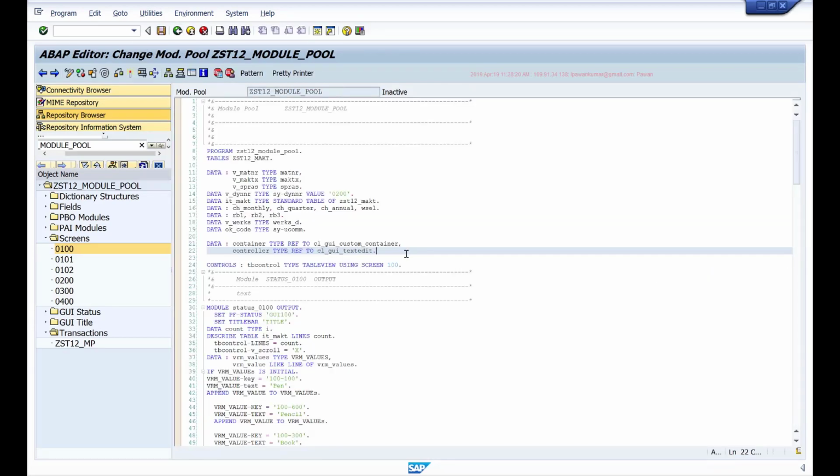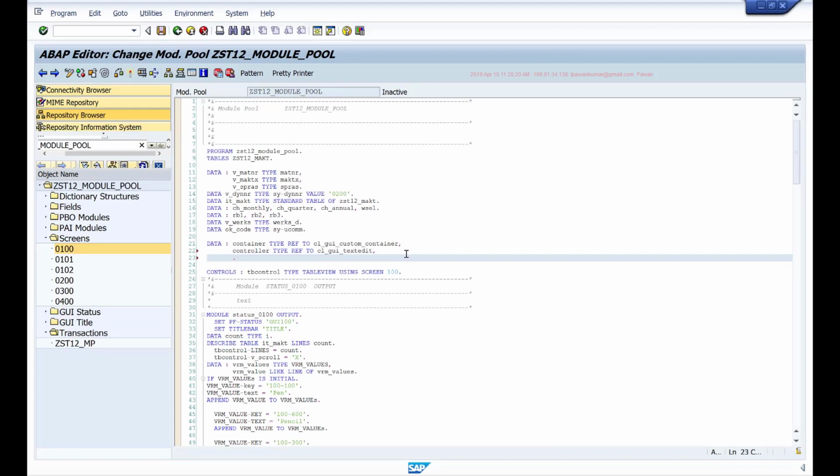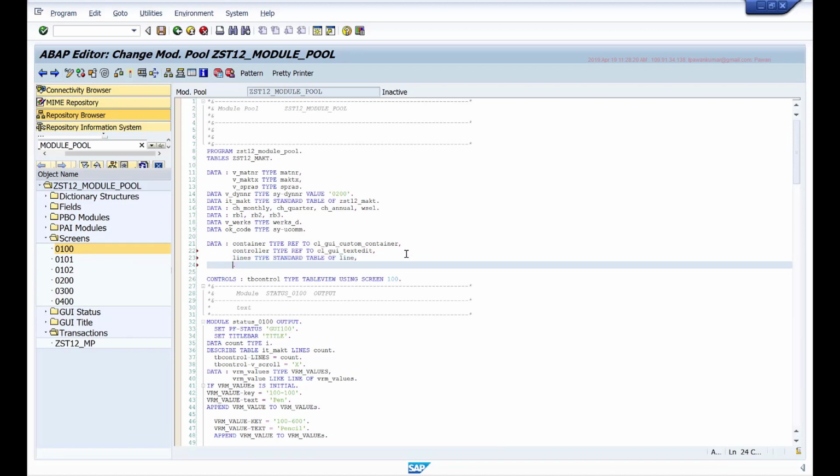So I'll do this, and I'll also define one internal table to pass the text. So I'll say lines type standard table of line. So this is a single field with 255 characters, and line type line. So I'll use this as a work area.